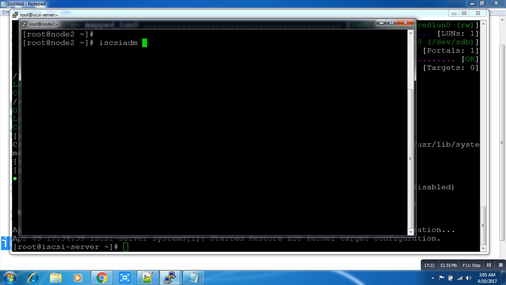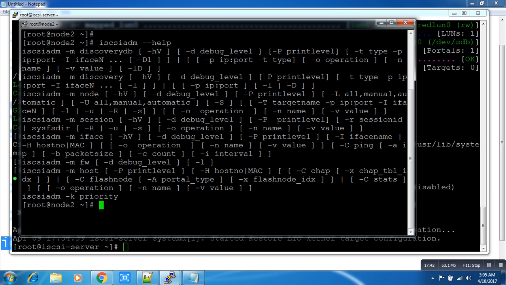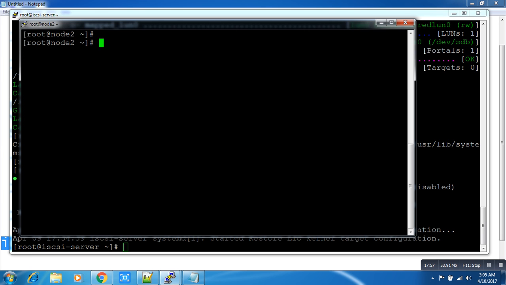This is the utility which is used for the initiator to connect to the target server. First let me show you the help. There are a lot of things: discovery, session, node, -u, all, automatically, a lot of things, right? So we have to use just a few commands. Before we map a LUN, first we have to scan those LUNs. Okay, iscsiadm -m